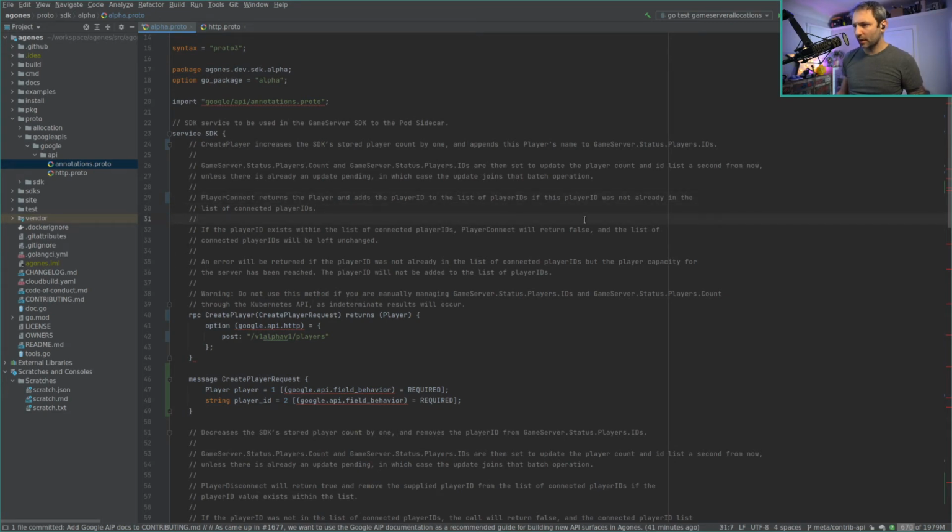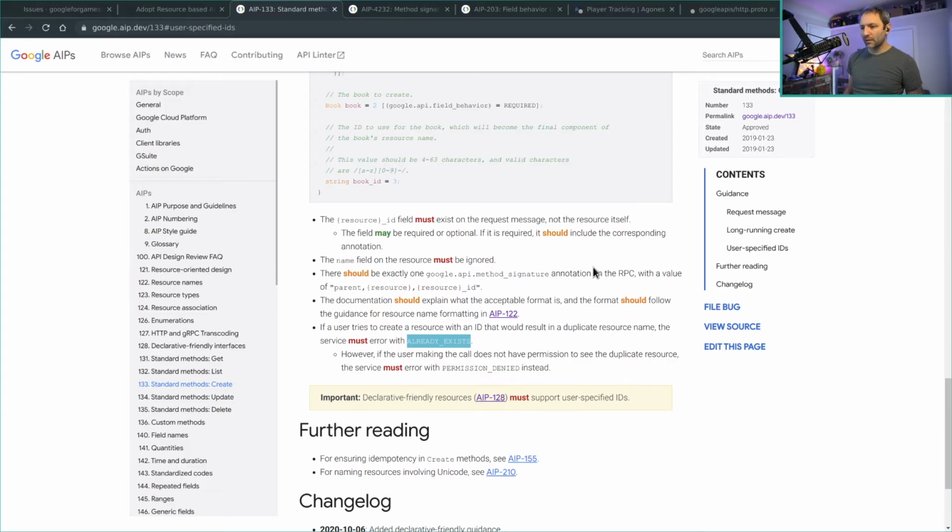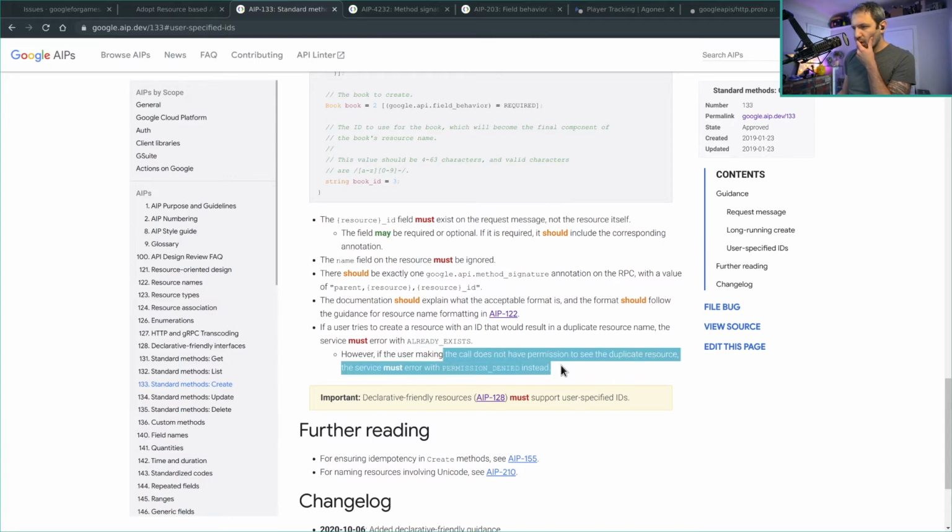This one. Player ID is not already on the list of connected players, but player capacity of the server has been reached. Ooh, yeah. Is there enough permission? I wonder if there's